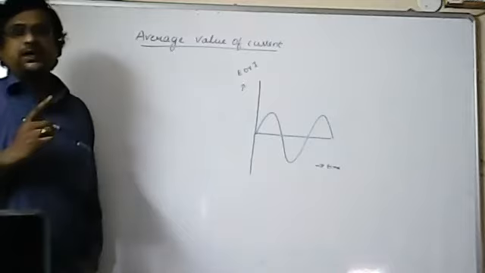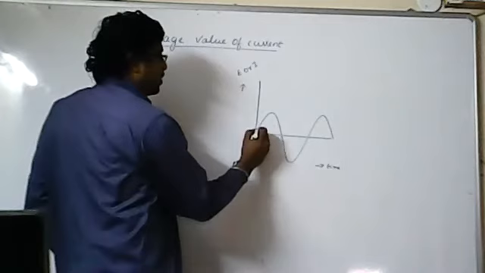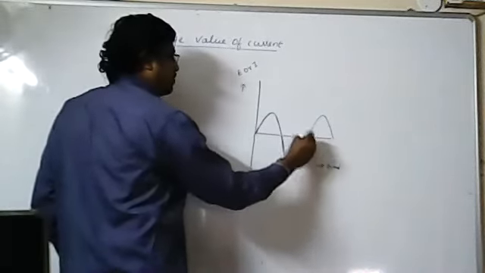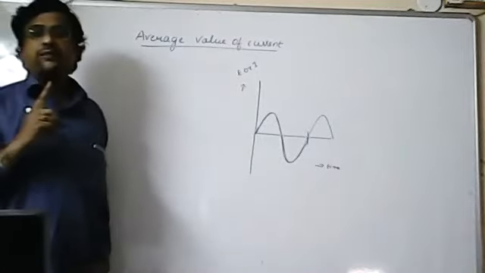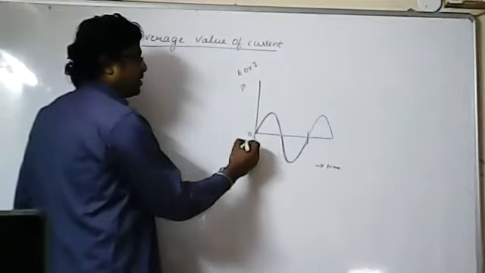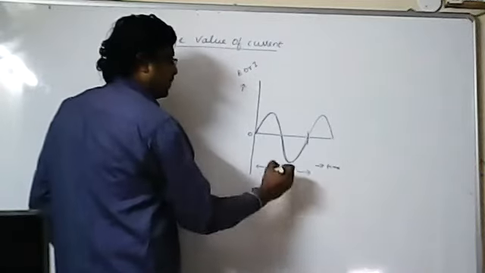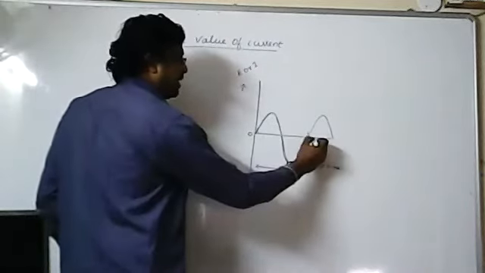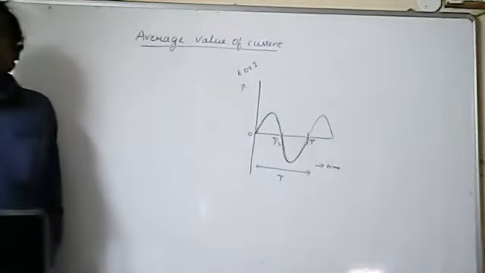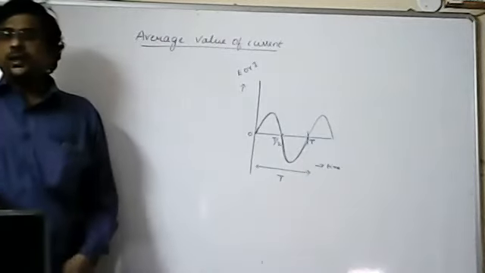If I take one complete cycle of an AC signal, it is one positive cycle and one negative cycle. This completes one cycle. So you need to find the average for one complete cycle. Let us take the origin point 0, and from here to here, let me consider the time period as T. That means exactly half of it will be T by 2. So this complete is time period T, and half of it is T by 2.